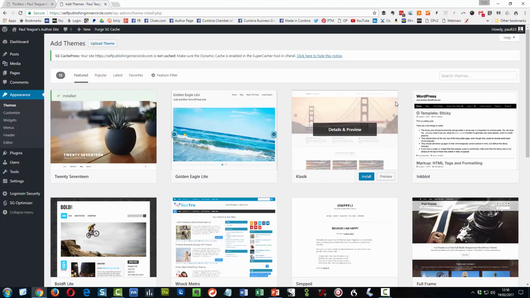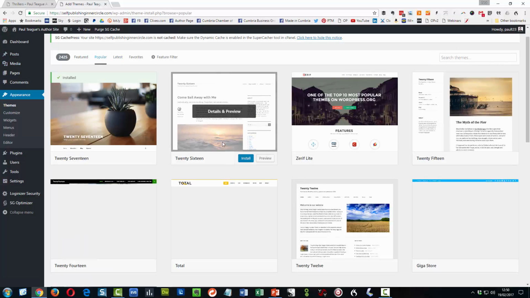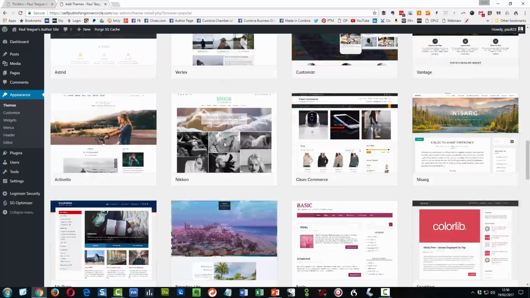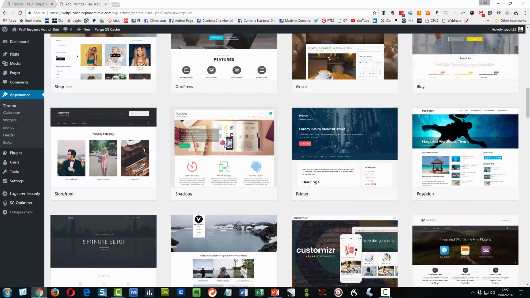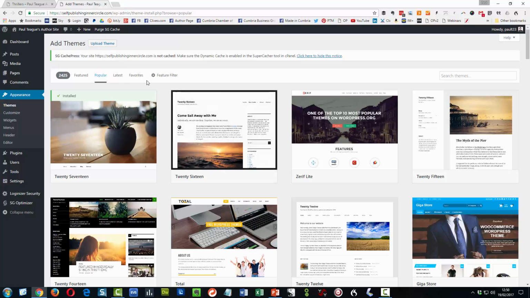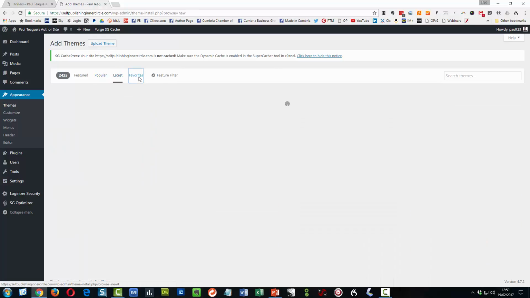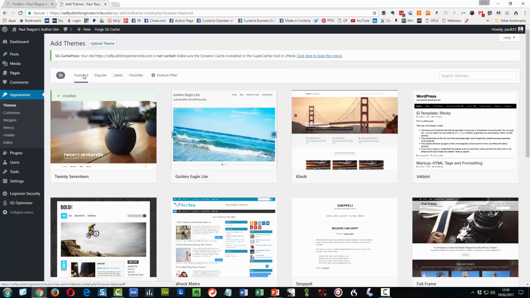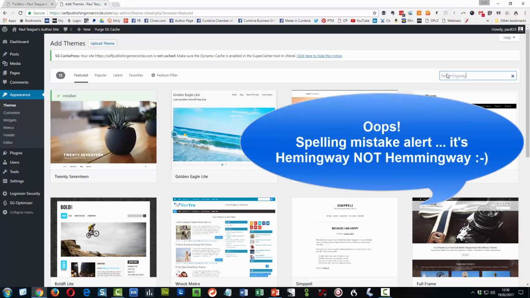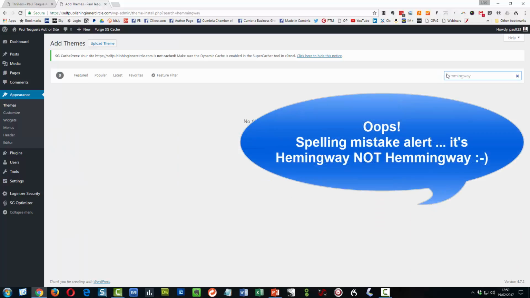And then we are going to search the free themes. Now, do have a look at these free themes. You'll see there's loads and loads of free themes here. You can choose whichever one you like. If you don't like the theme I'm recommending for you now, just choose one that you like. Latest themes, favorite themes, loads and loads of themes. There's hundreds and thousands of themes on there, all for free. Seriously, they're all for free. We're going to just search for Hemingway. This is the one that I want you to use in this example. So if you search for Hemingway,